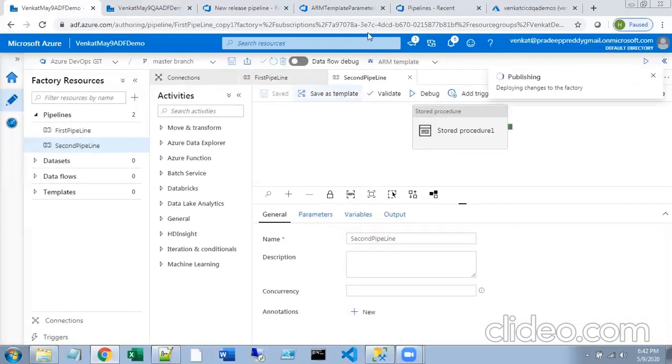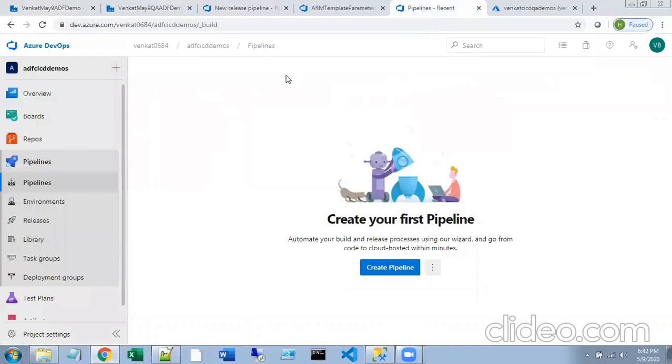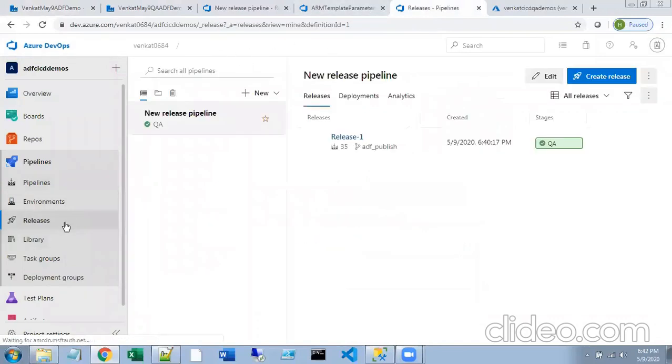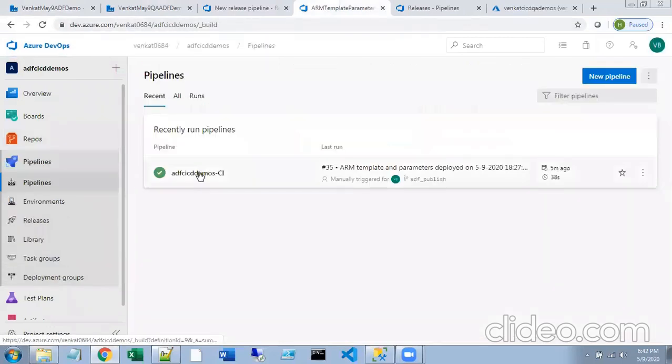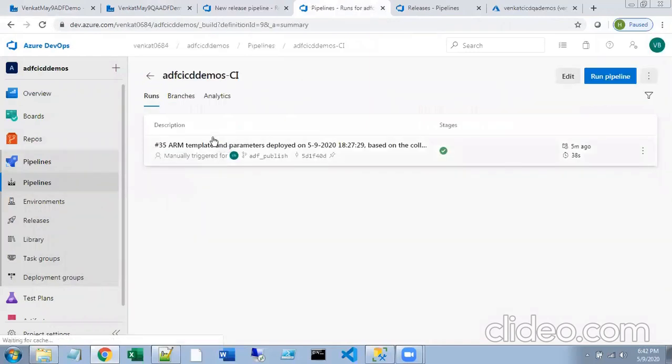Now if you see releases, this is release one, right? If you go here, you should get a new run. You will get a notification here. So let's wait.